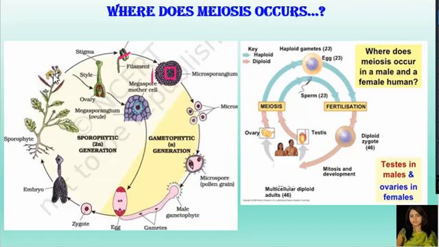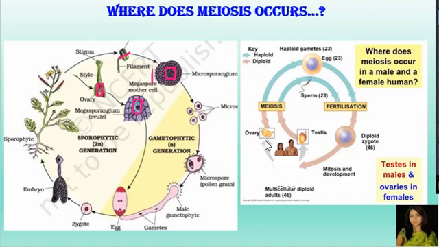Whereas in the case of the gynoecium, the individual unit of the gynoecium is known as the carpel. The carpel consists of stigma, style and ovary. Inside the ovary, the ovules are present. In the ovule, there is a structure called megasporangium. In the megasporangium, there is the megaspore mother cell. The megaspore mother cell is diploid and it undergoes meiotic division to form 4 haploid megaspores.